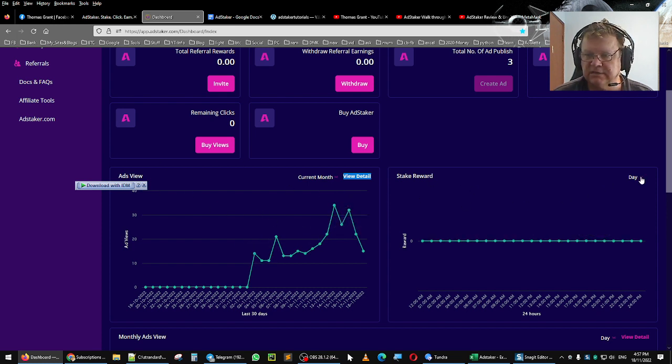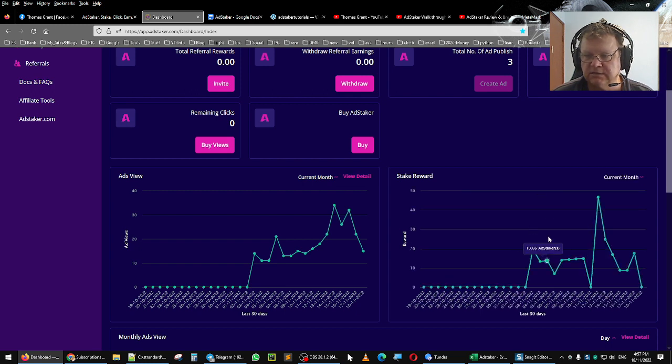And let's go to the stake reward, current month. You can see here I made 19.5, etc. This is how much I've done per day for the last 2 weeks since I joined AdStaker. And I can go to